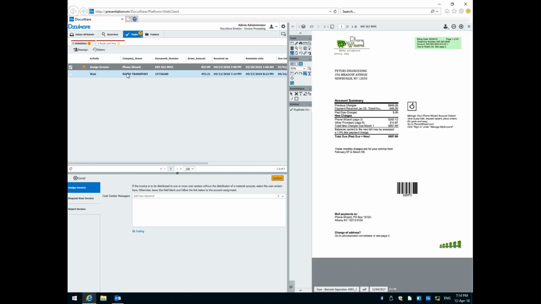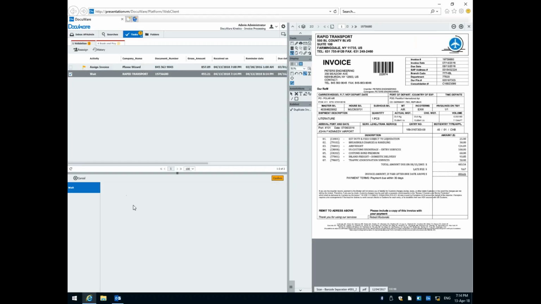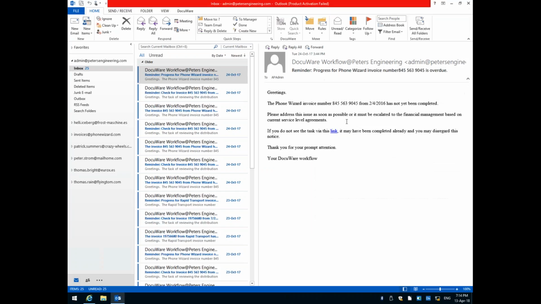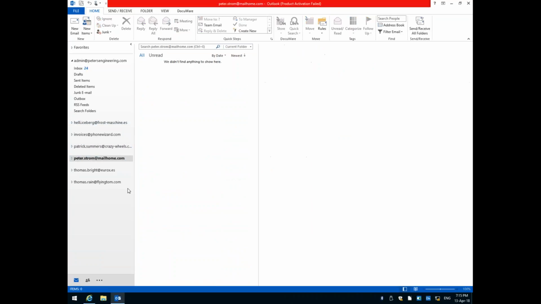We've received your invoice. And there's also a workflow task in the administrator. Nobody has to action it. It's just telling us that we are waiting for certain information on this document. So if I go to an inbox that I've set up here for Peter Strom at mailhome.com,